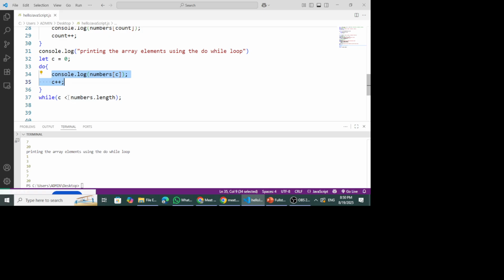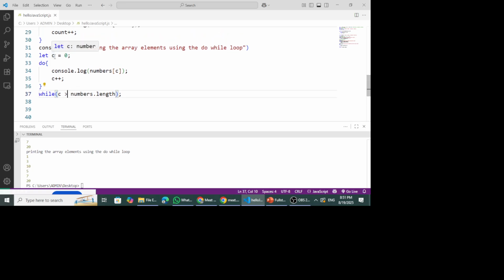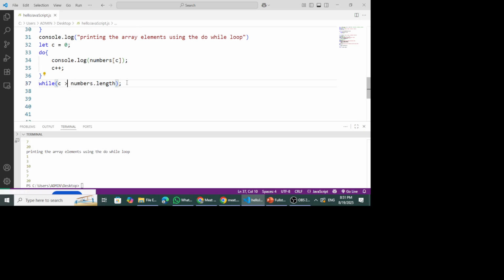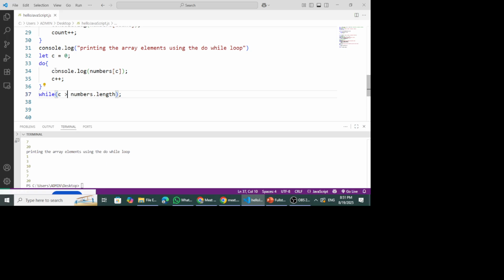But let us deliberately make this condition false at the start. So here I'm going to change this comparison, and instead of using less than, I'm going to use greater than. We all know that c equals 0, and 0 is not greater than 6. So when this condition executes, it will be false. But in spite of being false, at least this code will be executed once, and that is the function of a do while loop. So when we save that